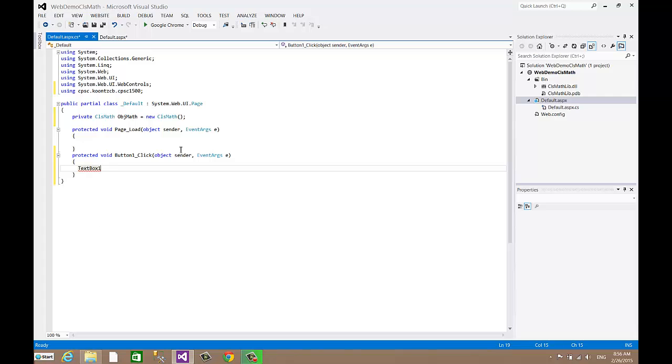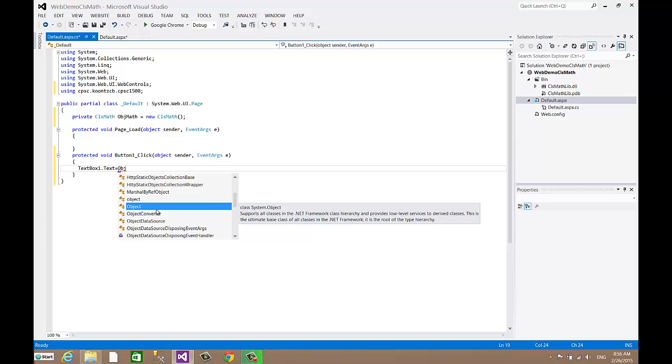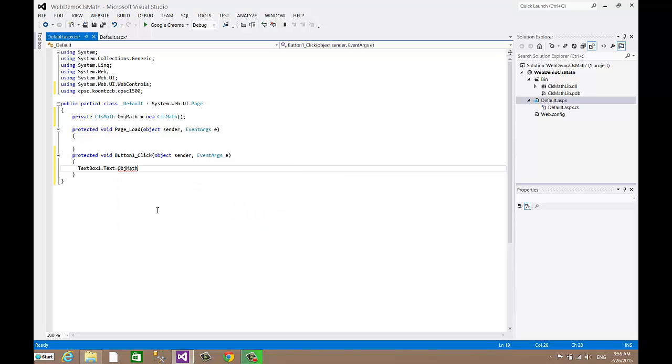Now, one of the things that's kind of interesting is that in Windows applications in C#, the default object names begin with a lowercase character. When you create web forms, the default object names begin with uppercase characters. So instead of lowercase t text box 1, it's uppercase T text box 1. It has a text property, as you're aware of, and I'm going to assign to it the return value from obj math dot. There is a trunk method,